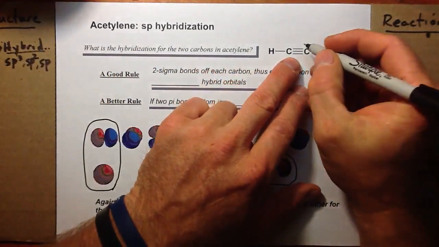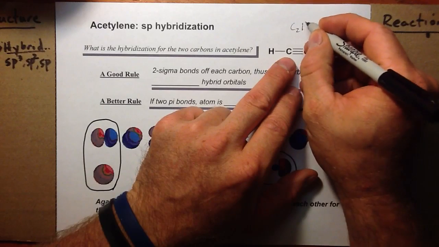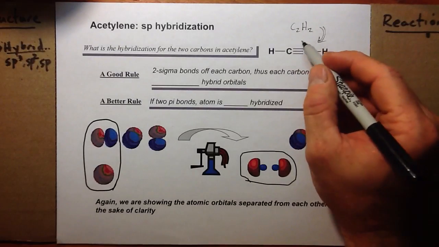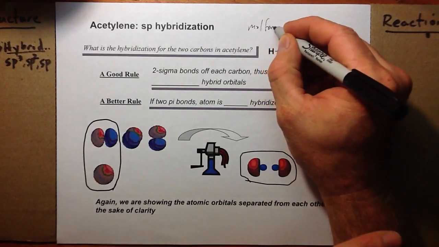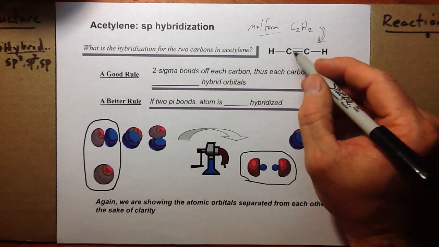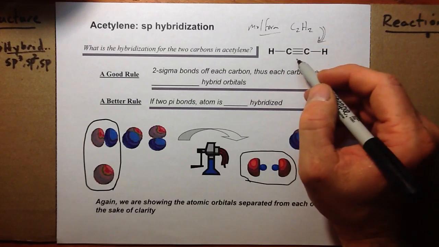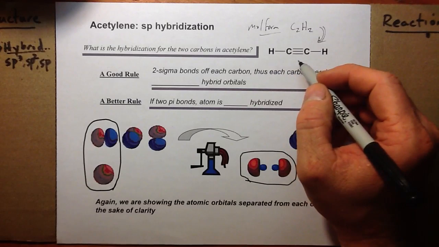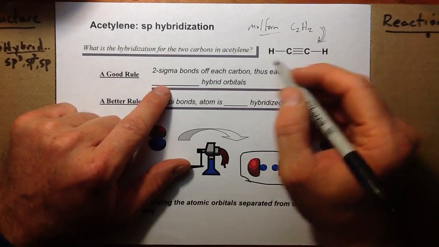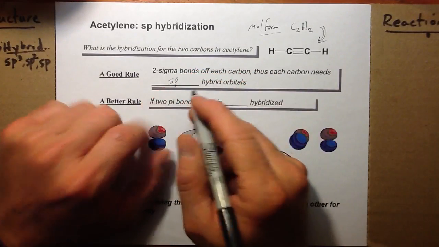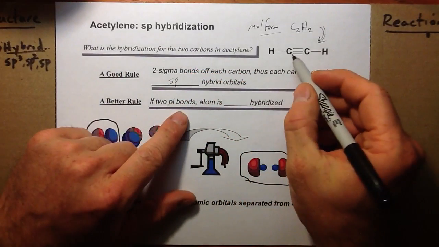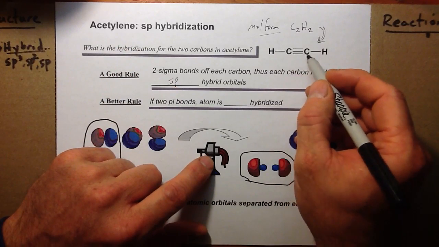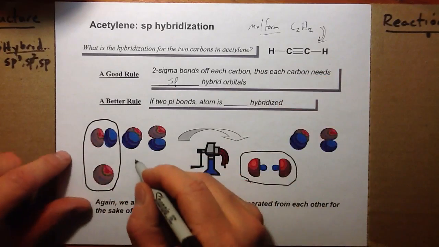So let's look at our last structure that has two carbons and only two hydrogens. This would be the molecular formula, and there's only one way to satisfy that molecular formula, C2H2, to have the two hydrogens on each end of the carbon-carbon triple bond. So how do we set the hybridization for these carbons? Well, again, a good rule is if there are two sigma bonds off the carbon, we would say it's sp hybridized because we need two hybrid orbitals. But a better way is just to say this carbon has two pi bonds off it, and so also does this. So each carbon needs to have two p orbitals